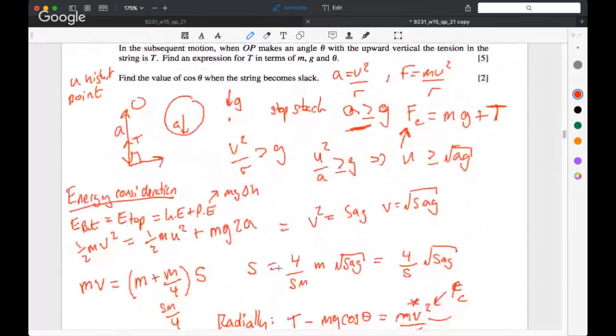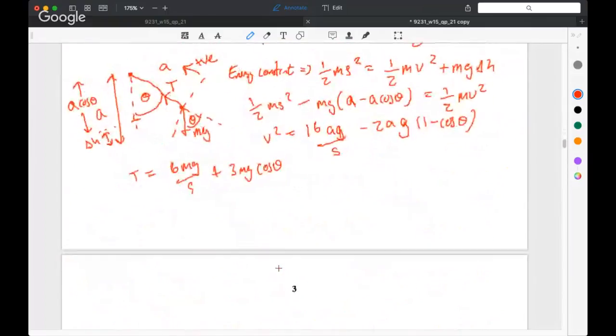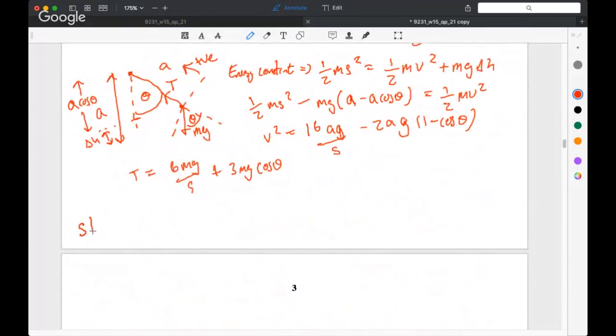Now I want to find the value of cos theta when the string becomes slack. The string becomes slack at T equals 0. Really, it's slack at T less than or equal to 0, because you can't have a negative tension in a string; it won't push back. So all we need to do is find when this equals 0, or is less than or equal to 0. So if you just do that, 6mg over 5